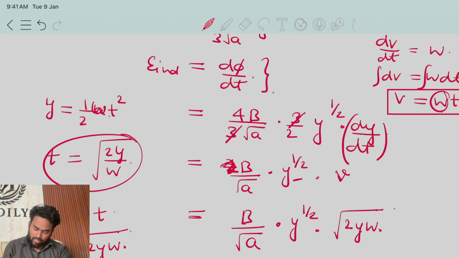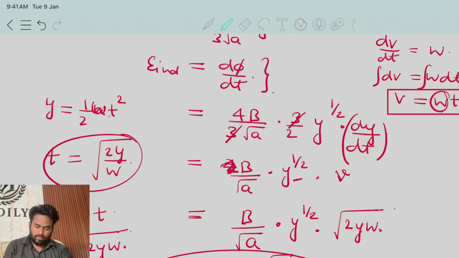So induced EMF will come b root over 2 times y power 1 by 2 plus 1 by 2, so only y will come. Let's simplify it. We'll get 2w by a into y. So this is our induced EMF